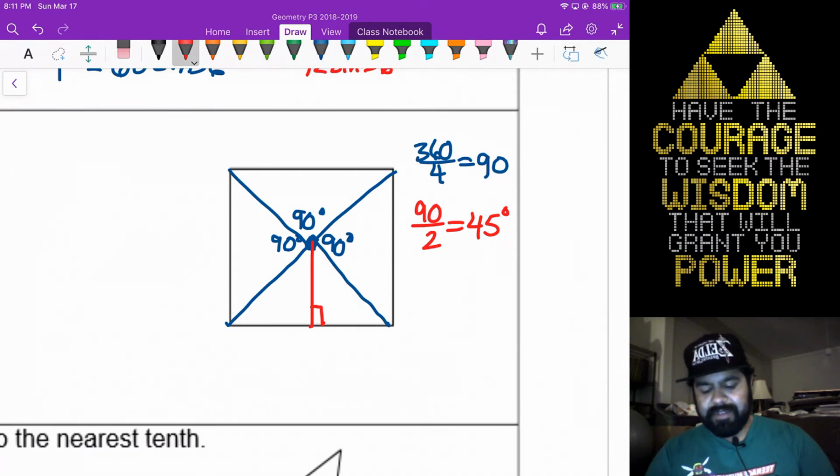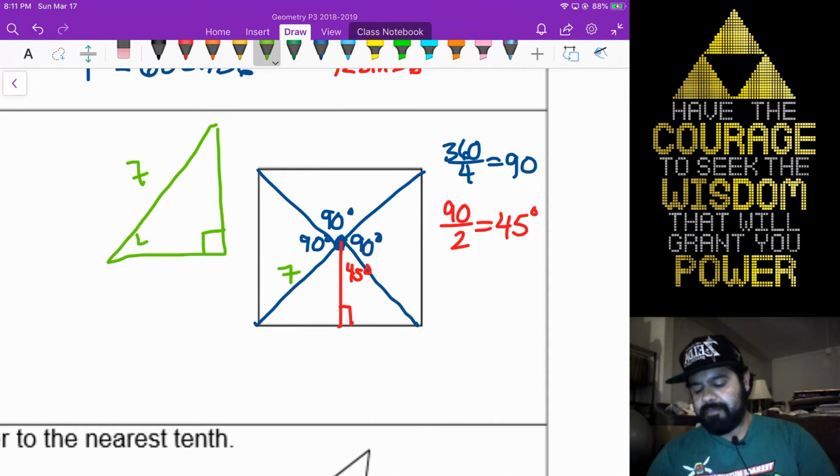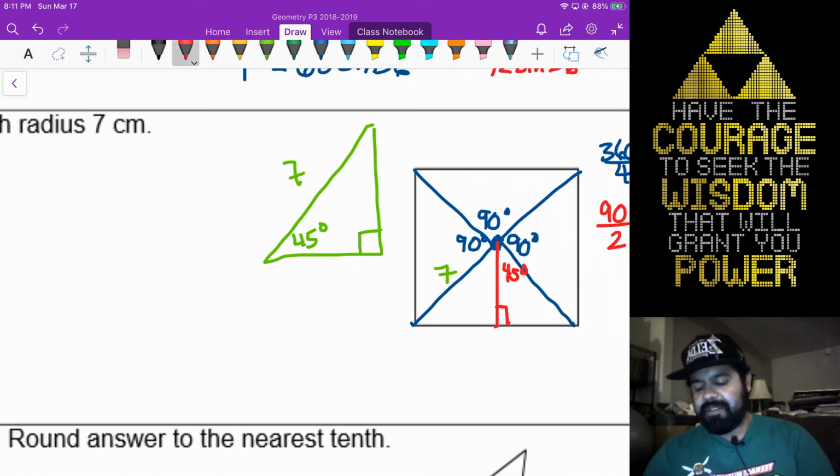Alright, so then 45 degrees. And then again, we were told that the radius is 7. So that's this length here. Now, the 7 is the hypotenuse of our 45, 45, 90. So what we're going to need to do is use that rule, that the hypotenuse equals leg times rad 2. Because this is going to give us the apothem and the bottom side. They're both the same length. So we're going to have 7 equals a times rad 2.